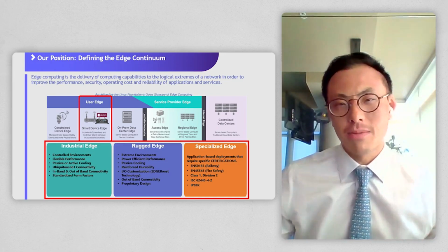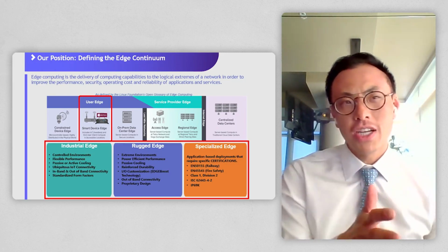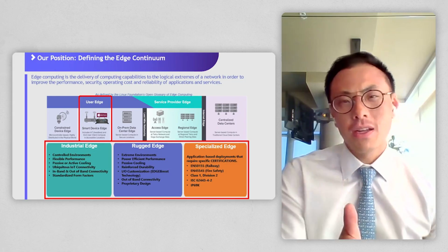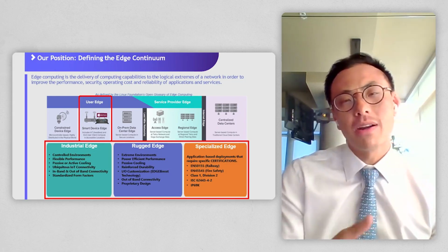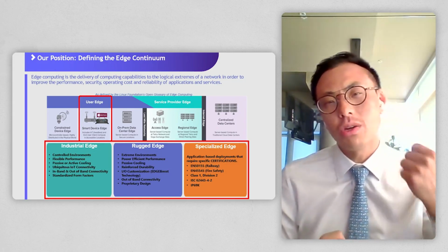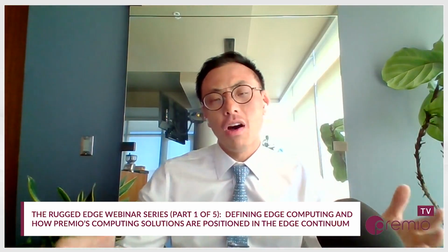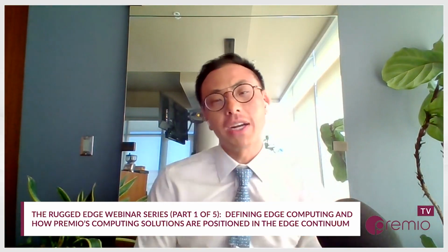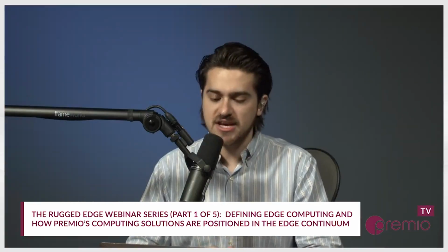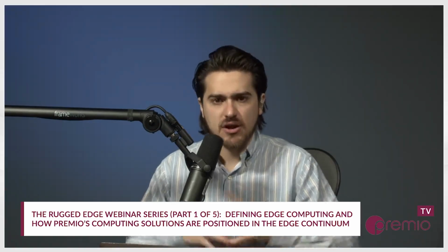So just to summarize, Edge Continuum, where Premio is positioned, we're at the user edge. We are confident where our product is placed, and we have carved that out to help our audience better understand that there's an industrial edge, rugged edge, and now specialized edge. And as this series continues to evolve, each product marketer is going to go into which products fit into those buckets. I'm really excited to see everyone's presentations on this as they dig into their product suite, and where they fit in that edge continuum,